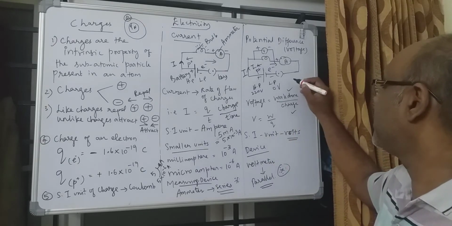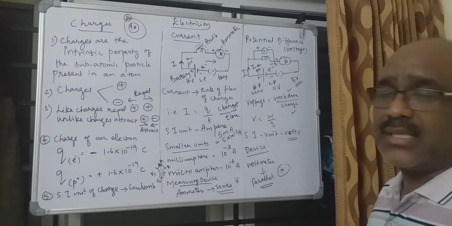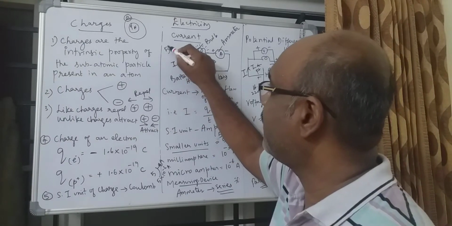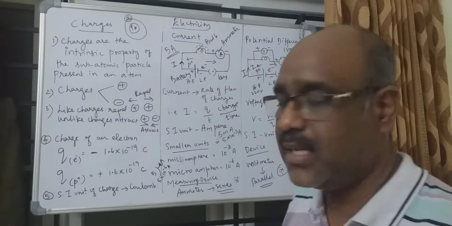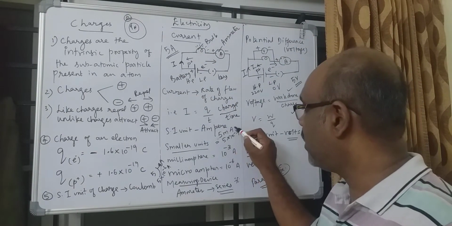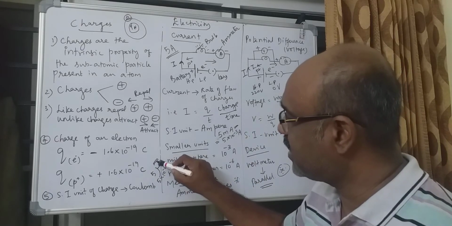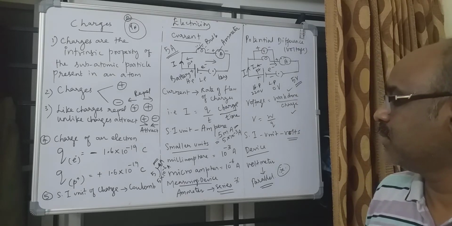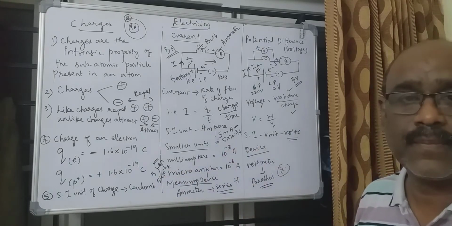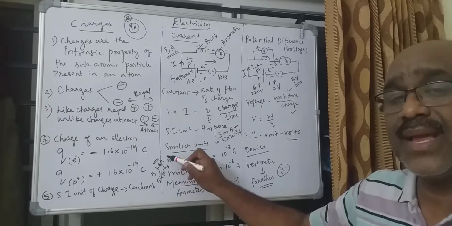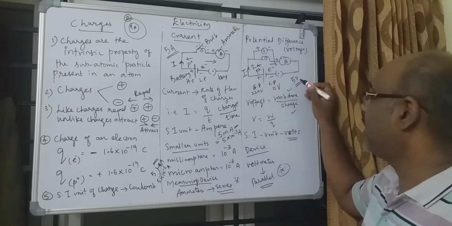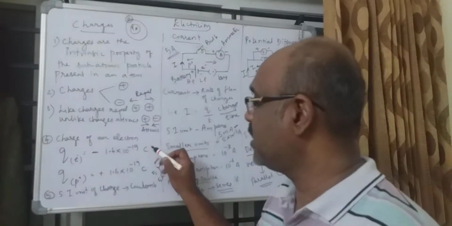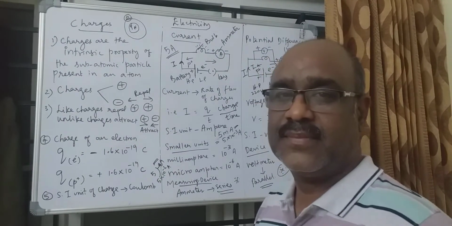For example, in a problem sometimes they will give 5 volt, which means it is voltage. And if it is given 5 ampere, it denotes that it is current. If it is given as 5 microampere, then it is current. If it is given as 5 milliampere, then it is current. So this is micro, this is milli. Where the ampere sign A comes, it is current, where V comes, it is voltage, and where C comes, it is coulomb for charge. Okay.